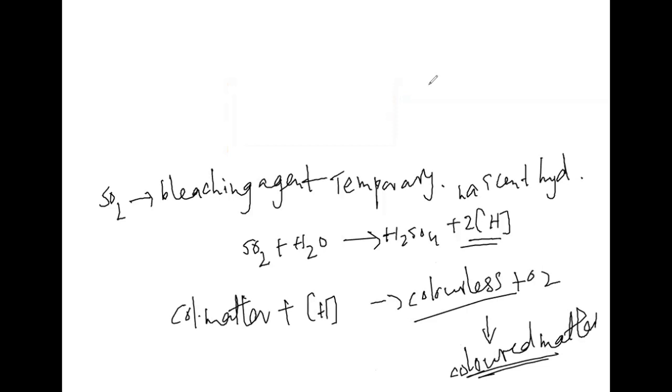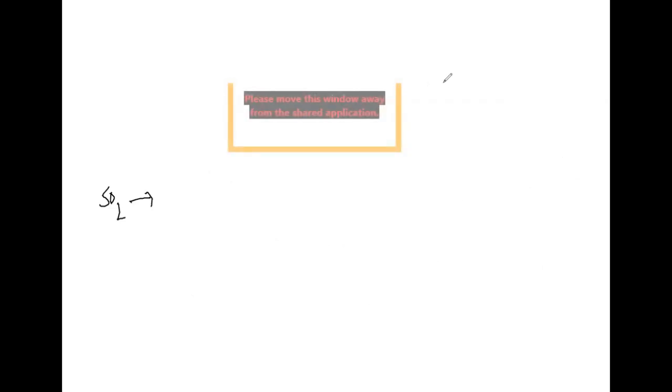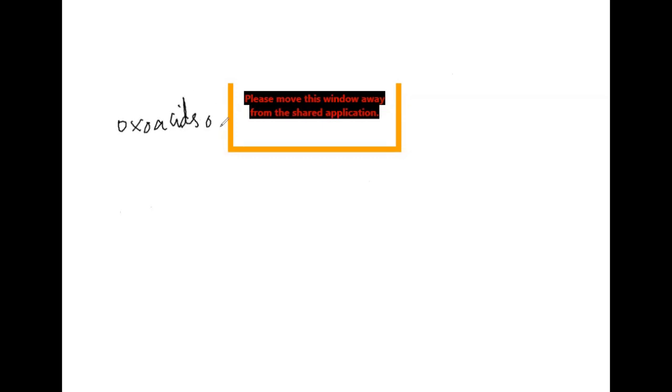Okay, now come to this particular one, the oxo acids of sulfur. What is the shape of oxo acids of phosphorus? Oxo acids of sulfur. Right. Anybody, you can answer this. What is the shape, or what is the geometry, of oxo acids of sulfur? What can we say regarding that?